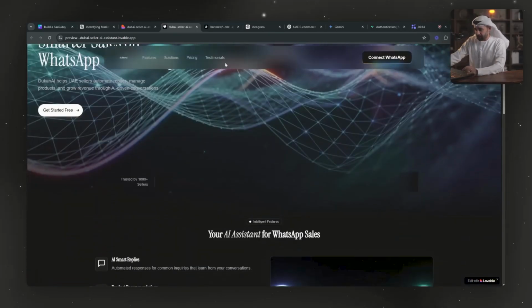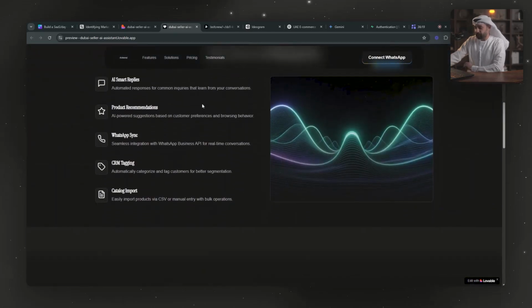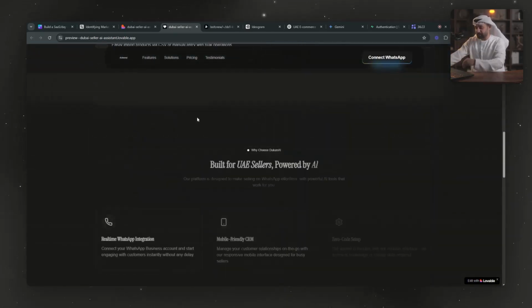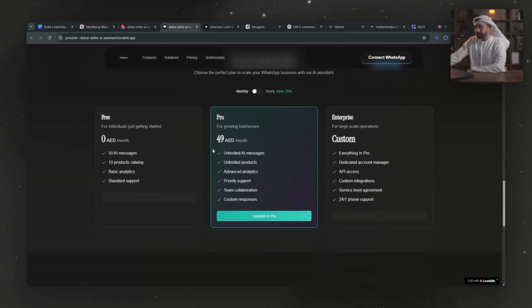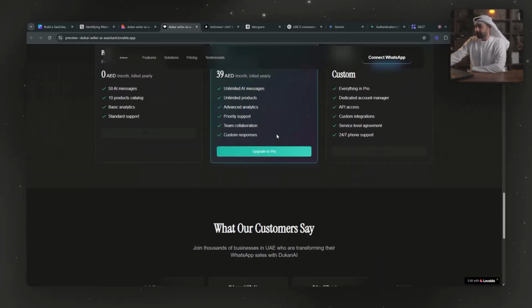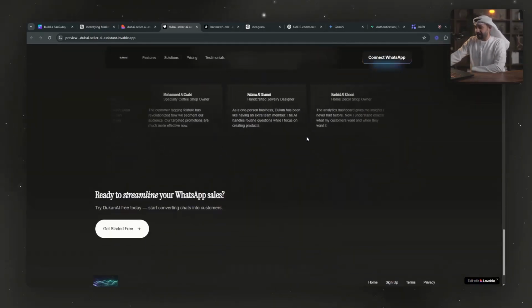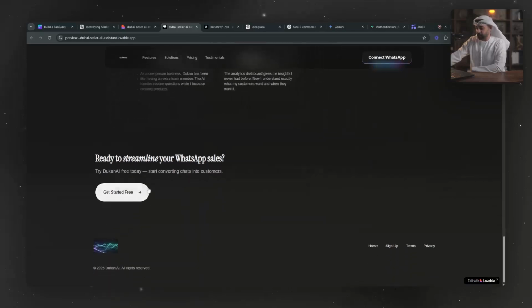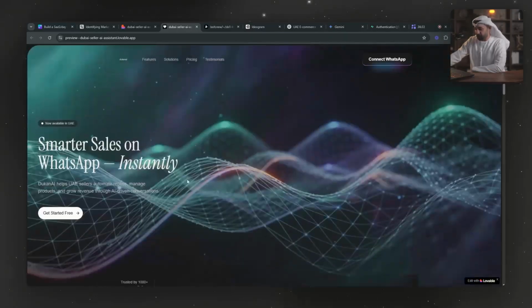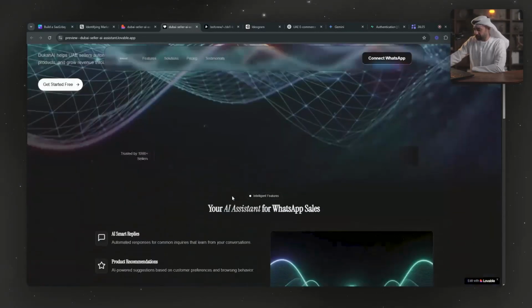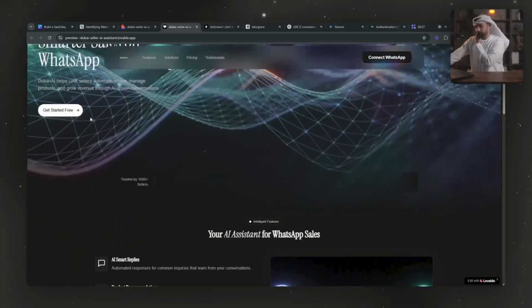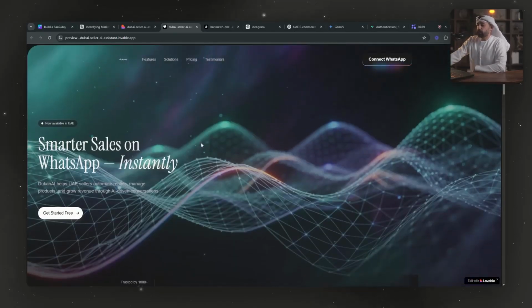So you can see the animations of this. This is something I really, really like. It's very modern, and I did not read the text, by the way. The content over here, I did not read. I just skimmed through it, but I trust it is good. The pricing plan, it shifts. The structure is there, and you can see the testimonials moving over here, then get started and so on. And there was an issue, I think, with one of the buttons. I think it's resolved, but there was an issue here. So this was the work of Lovable.